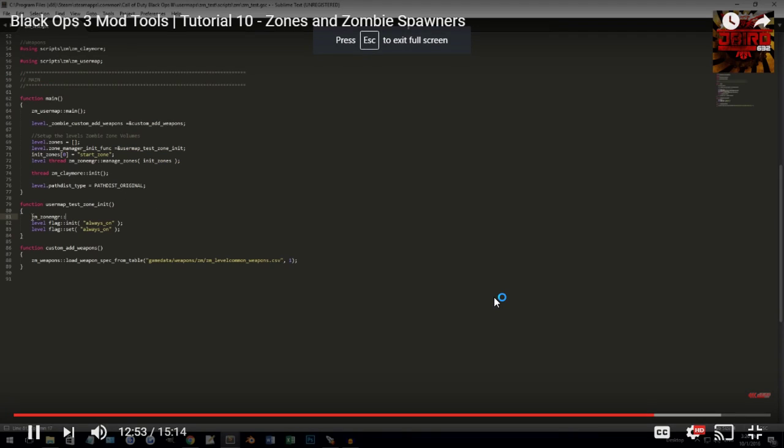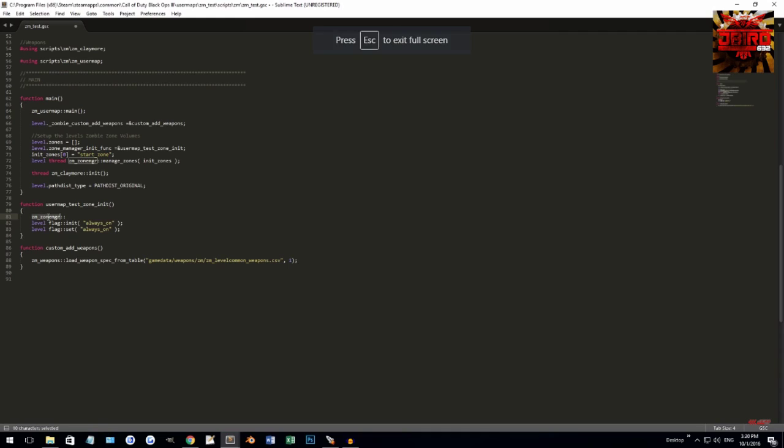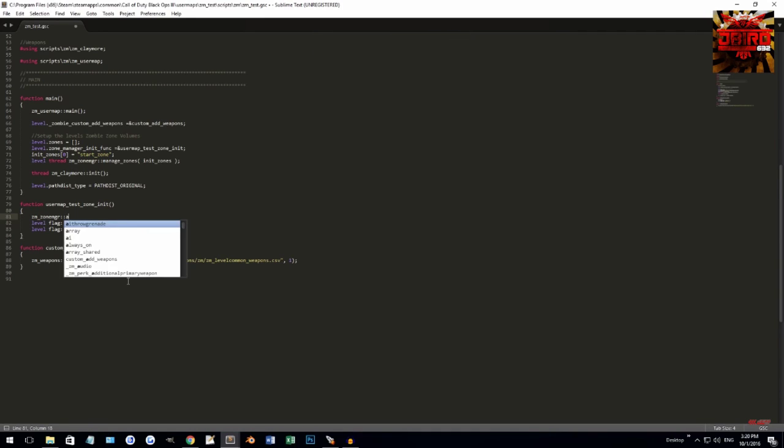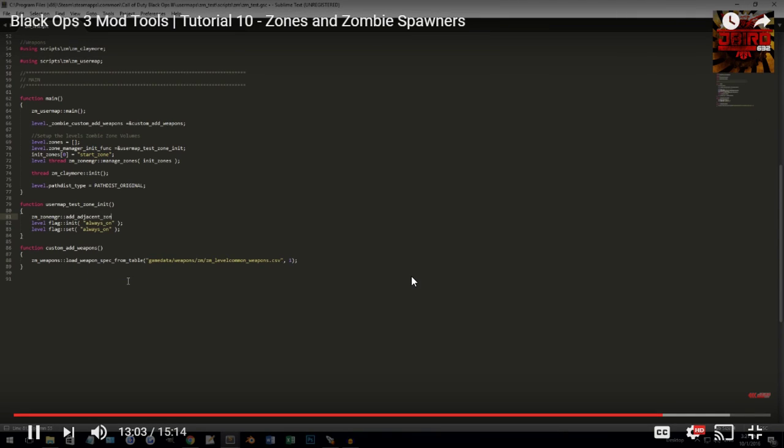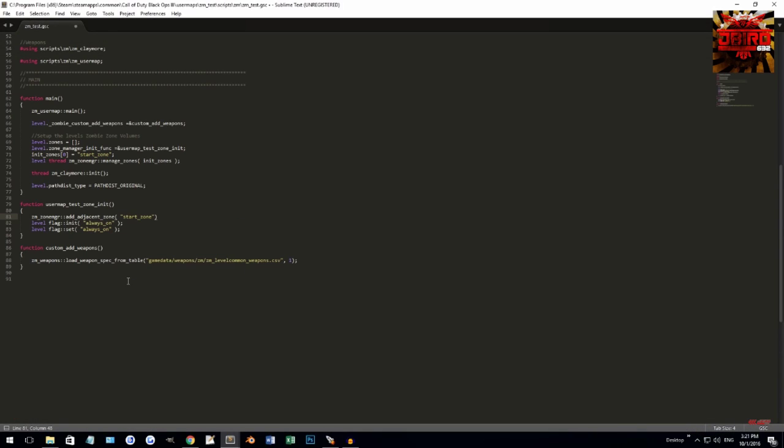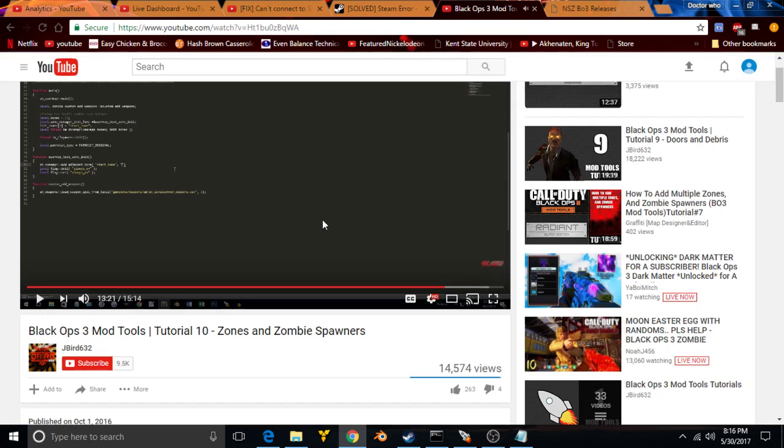So what this is doing is it's going into this file, this script, and then it's going to call a function, and the function is add adjacent zone. And then what we're going to want to do is do parentheses, and then start zone in quotation marks, and then a comma. So this is separating, this is going to be the first parameter, so it's our start zone. The second one is going